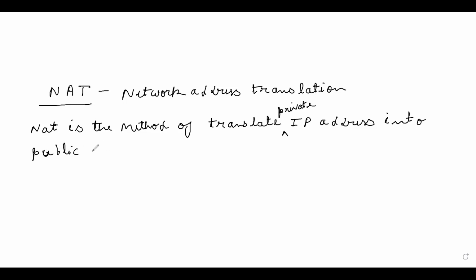Because with the help of a private IP address, I cannot communicate with the internet. I need a public IP address. So I need a technology which can translate my private IP